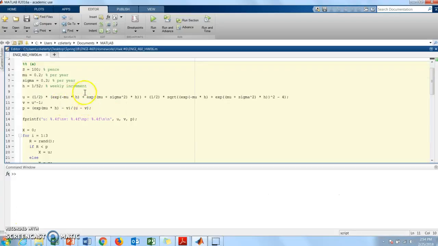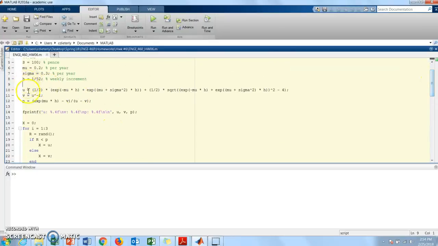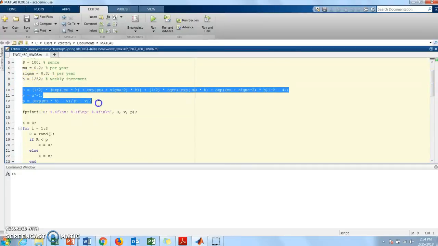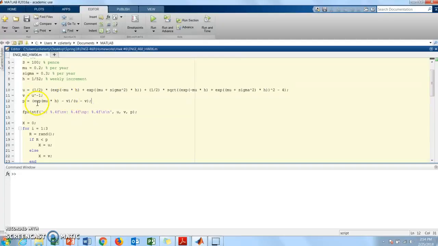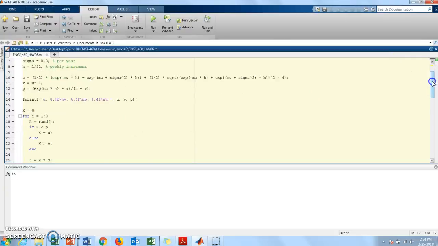And now we're in MATLAB to do a demonstration of the problem. So S starts at 100, the mean 0.2, sigma 0.3. This is all in the problem description earlier. And these three are the binomial model equations that were shown earlier. And then this is just for formatting. So as you can see,